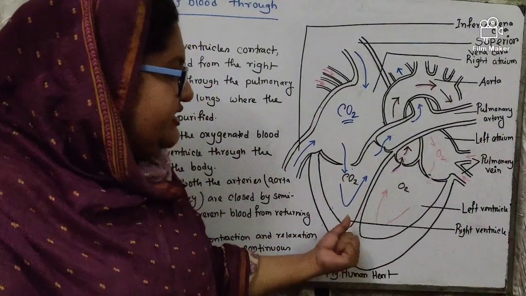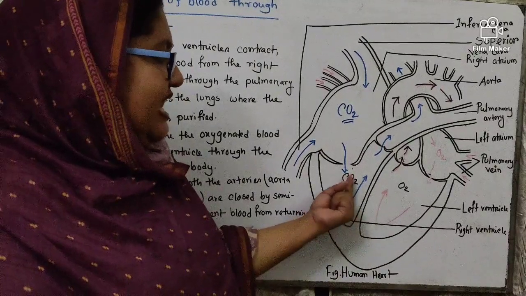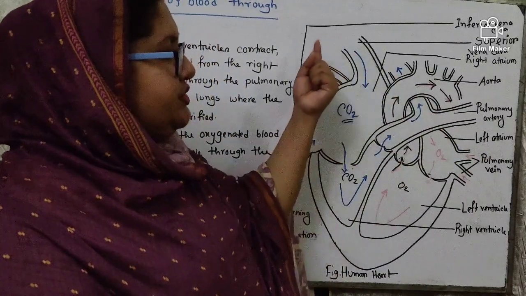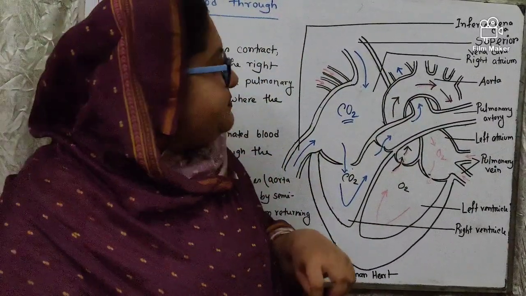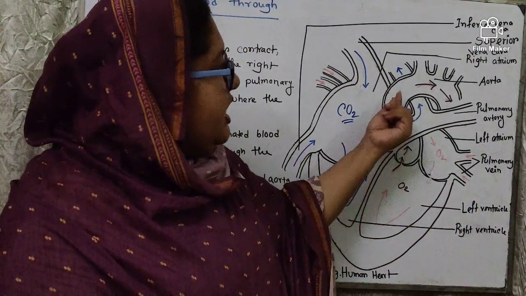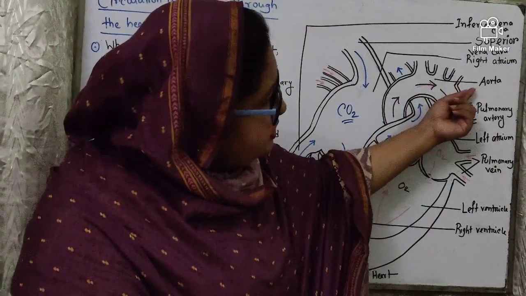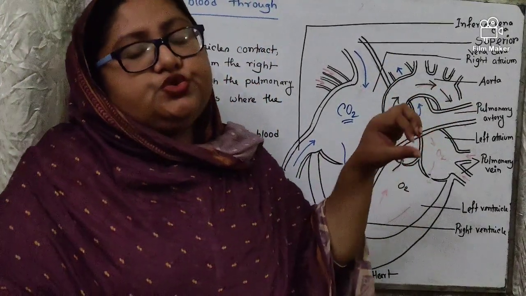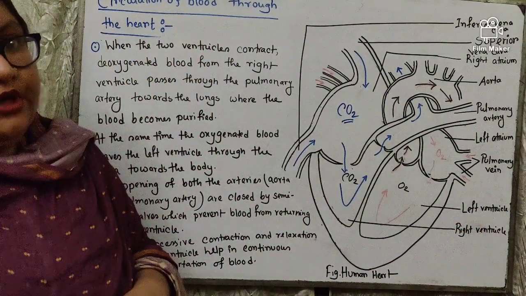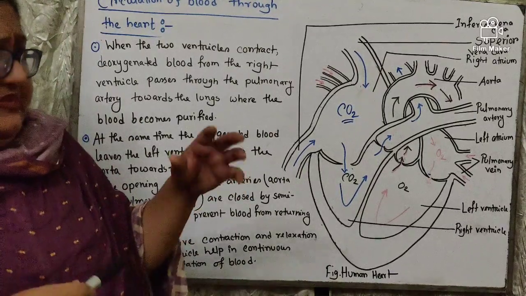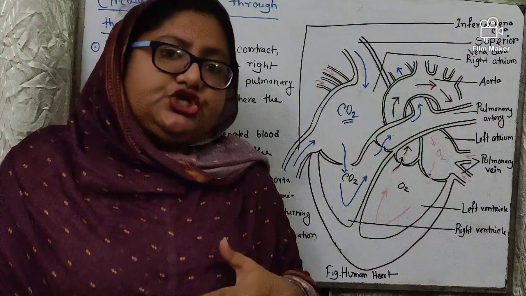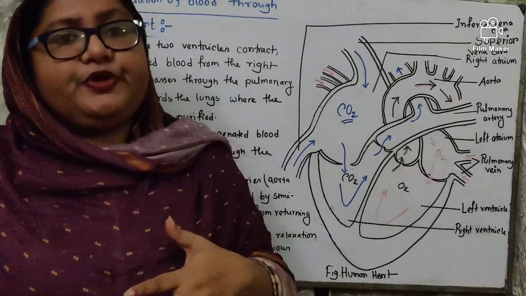When the ventricle contracts, from the ventricles, the carbon dioxide enriched blood goes through the pulmonary artery to the lungs for purification, and the oxygen enriched blood from the left ventricle enters into the aorta, and it passes towards the whole body for supplying the blood to different organs or different parts of the body. Okay, so this is all from my today's topic, the structure of heart and the blood circulation process through